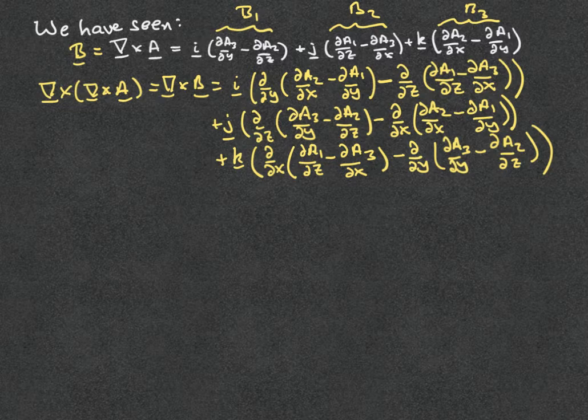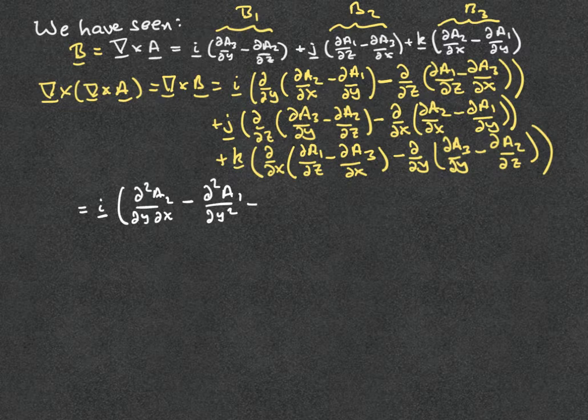So I'll put my equal sign a little bit more to the left here to give myself a little bit more room, and we have i. So it's d2A2 dy dx minus d2A1 dy squared,